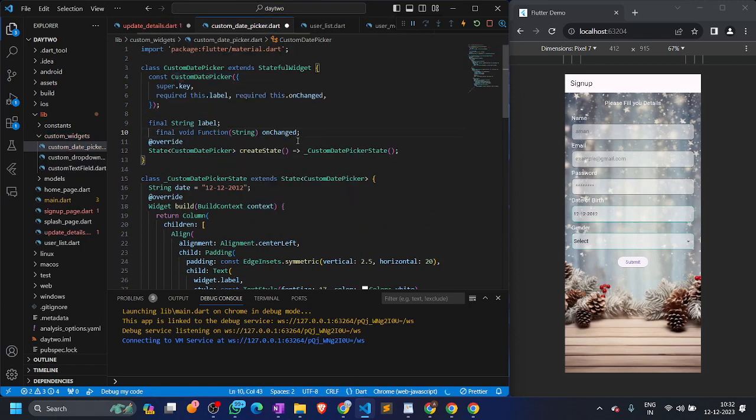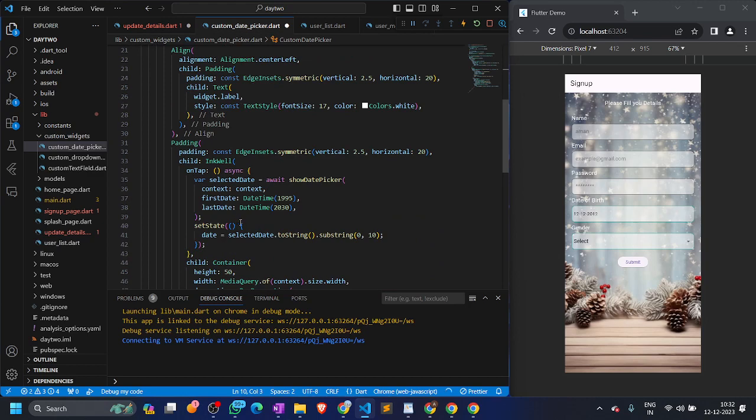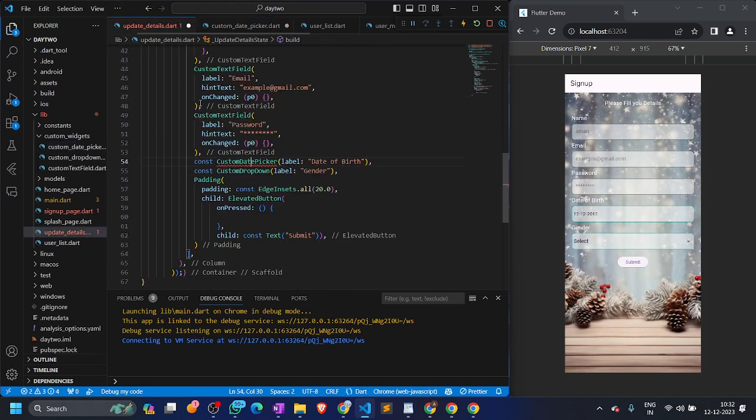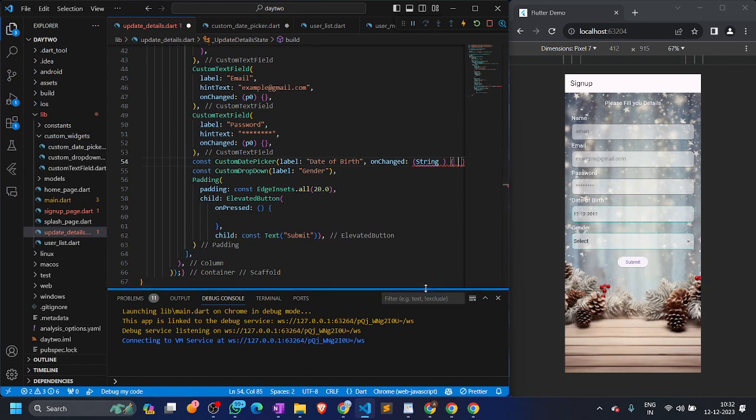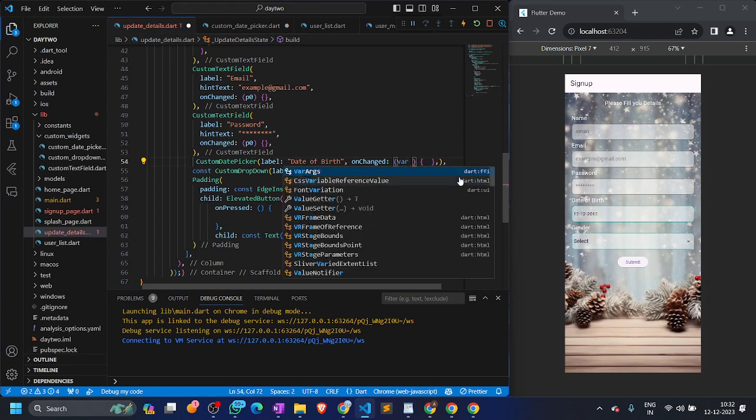And we'll just add it in the member variable fields so that we can pass this onChange function. And here we don't have to pass the onChange function directly, but we have to call it. So we'll just call it widget.onChange and we'll call it with this date. Okay, so now whenever we set this date, this function will be called from the parent and it will send the data from the parent and we'll have this date available in the parent. Okay, let's do the same with